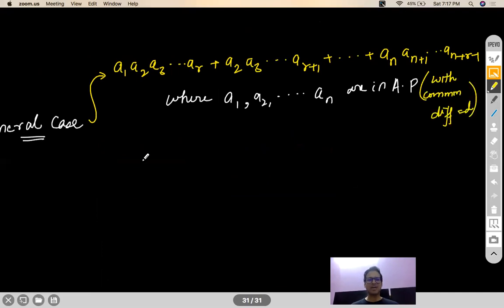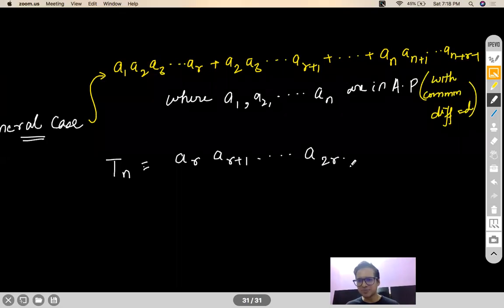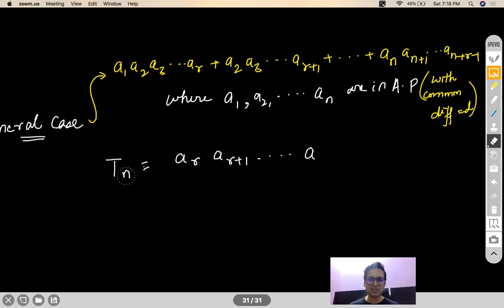Now, I've already shown you the approach, but I would repeat this again for you. So in such cases, your rth term is basically AR, AR plus 1, and so on till A. If I put N as R, what do you get? 2R minus 1. Am I right? Actually, I should not use the rth term over here. I should use the kth term because R is already being used. So the kth term will give you A, R plus K minus 1.